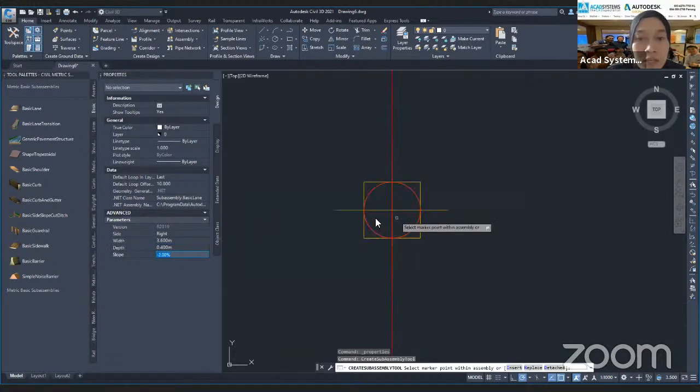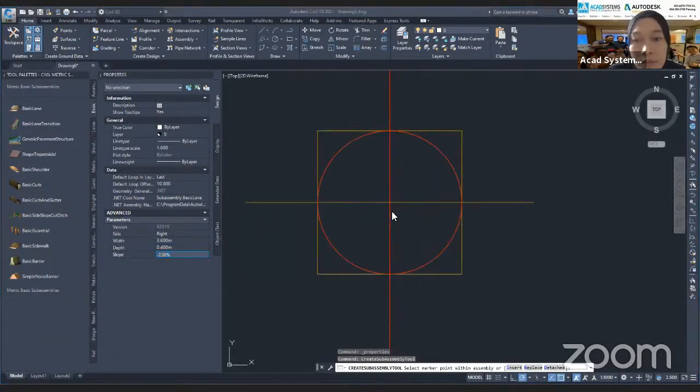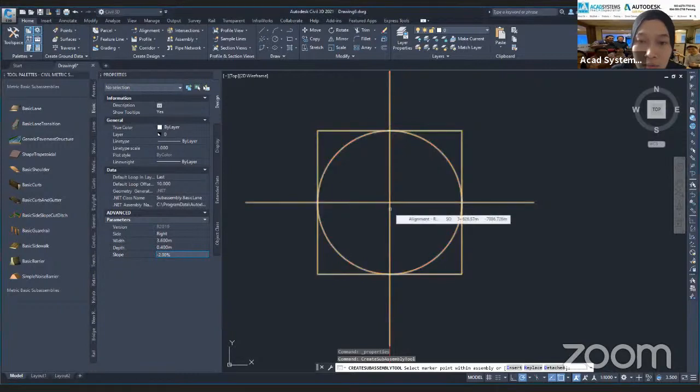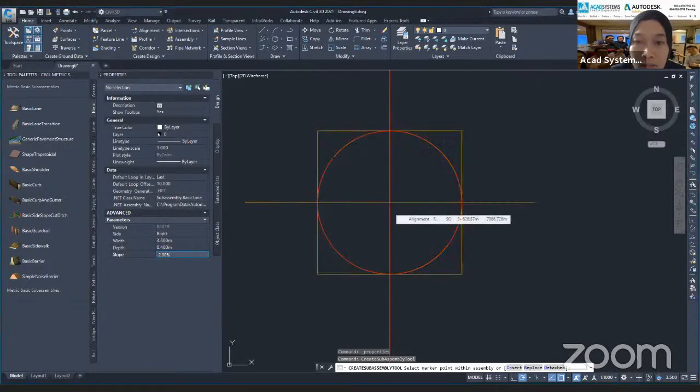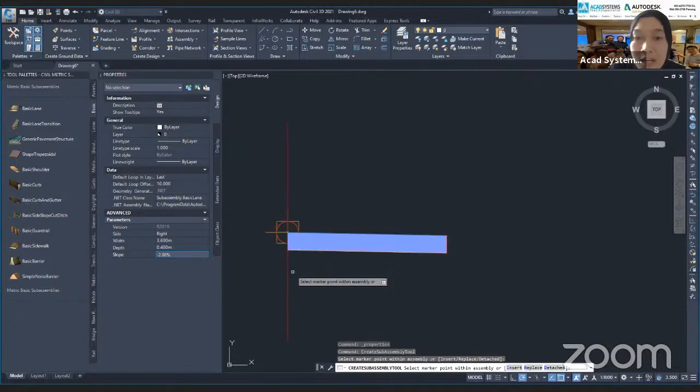When you bring your cursor nearer to the assembly line here, from there, just bring your cursor nearer to this line and just click. So there we go. We have our basic lane. This is for the basic lane, and then beside the basic lane, we need to have